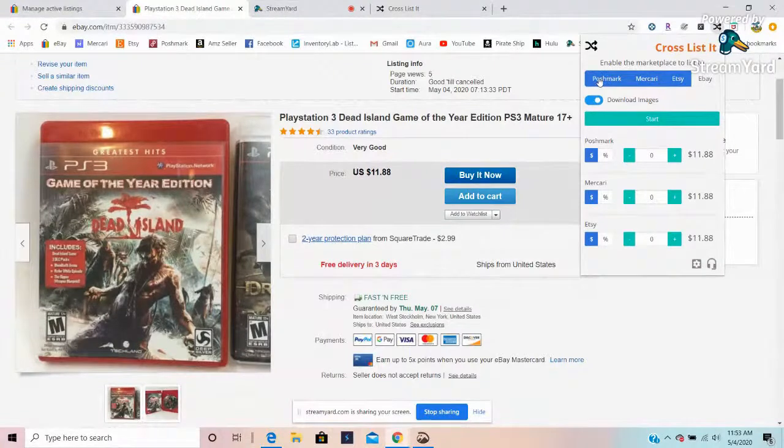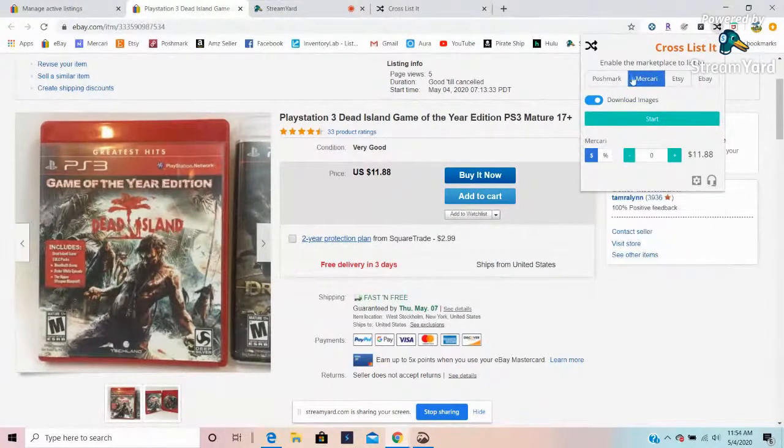I've always posted from eBay. So in this case, I'm only going to list it on Mercari. Then your option is to download images. If you don't have your images handy or don't want to go searching for them, or for me, I like to use eBay's editing. I didn't do it in this case because these are some old photos. I am actually relisting this game that I had taken down a couple months ago and was going to put in my garage sale, but game prices have gone up, so I decided to relist it.